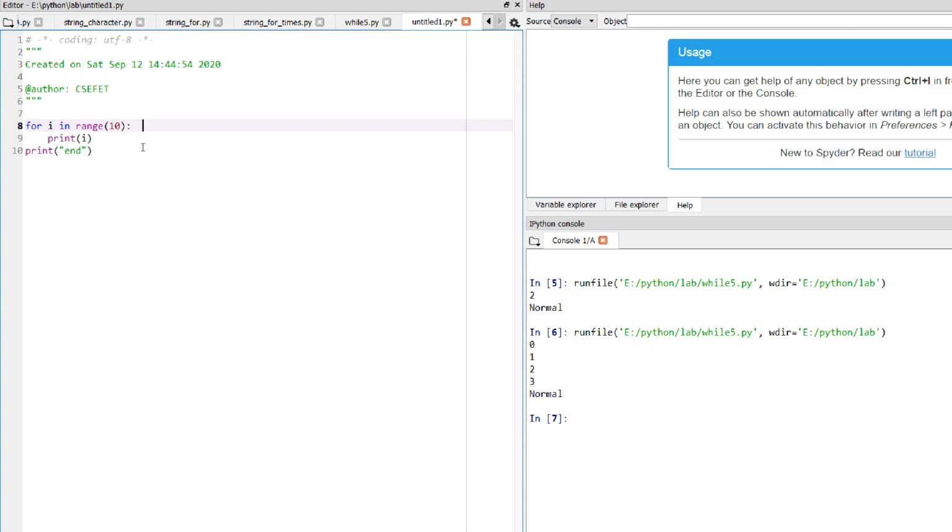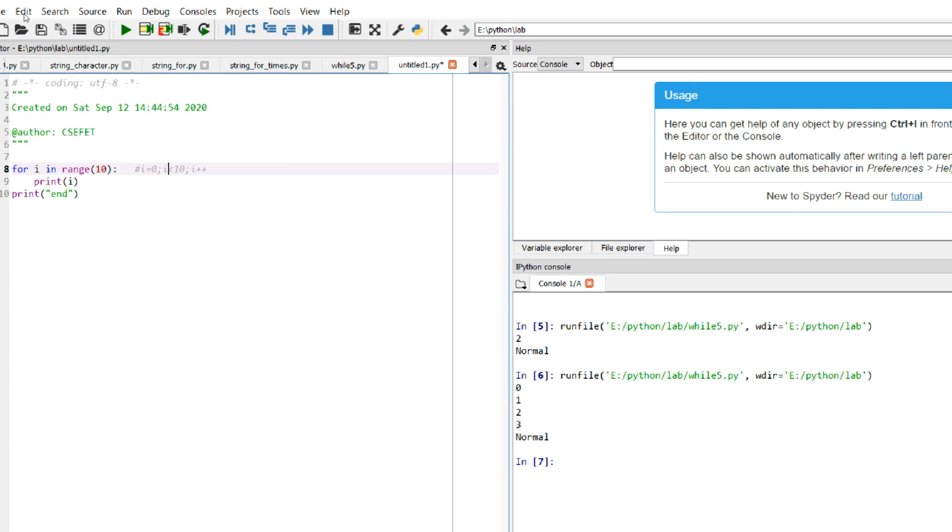You can compare it to the statement which we used to write in other programming languages, like this: i equals 0, i less than 10, and i plus plus. The beauty is that we need not initialize it. It starts from 0 by itself; the range function starts from 0. It checks up till 10 and increments by 1 by itself. We need not write i plus plus or i less than 10. It is doing this by itself. This is the beauty of the range function in the for loop.